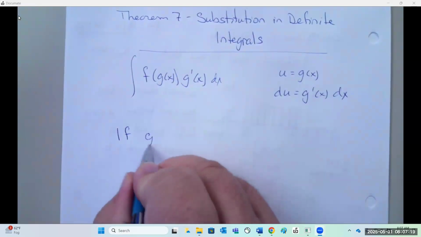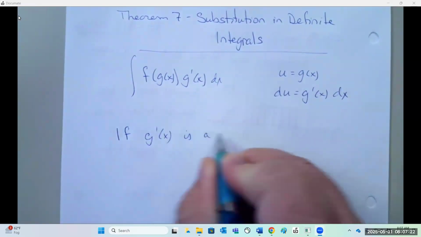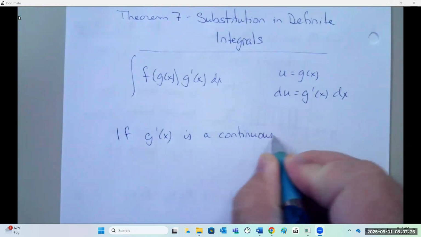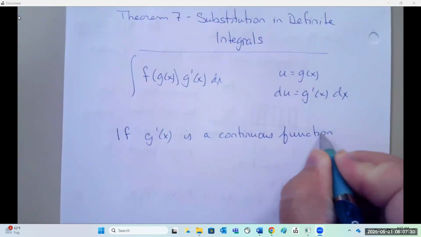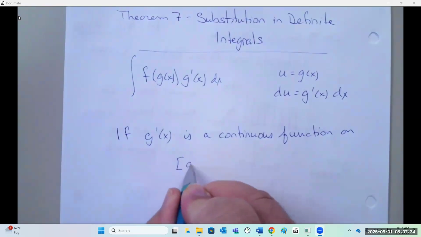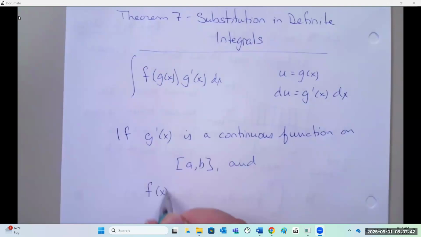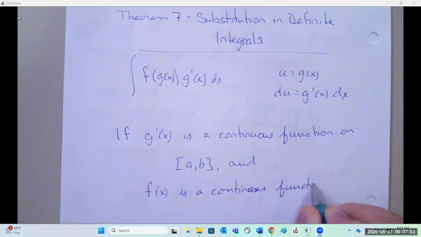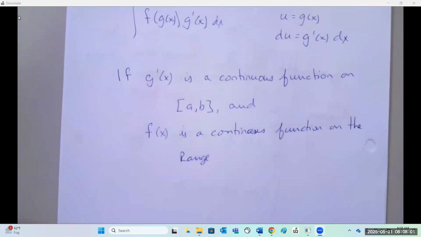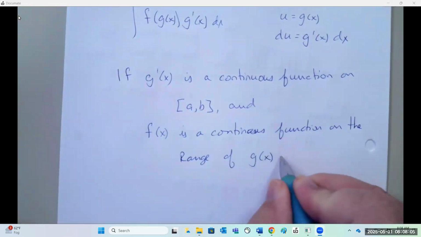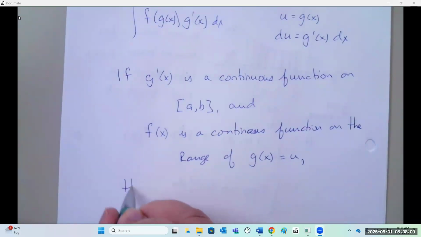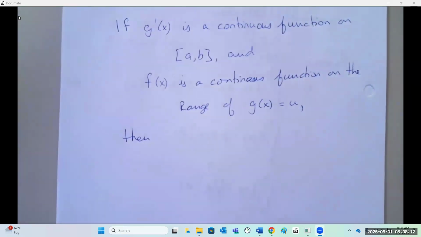As we said over here, if g prime of x is a continuous function on the closed interval AB, and f of x is a continuous function on the range of our g of x function, so if that's true,